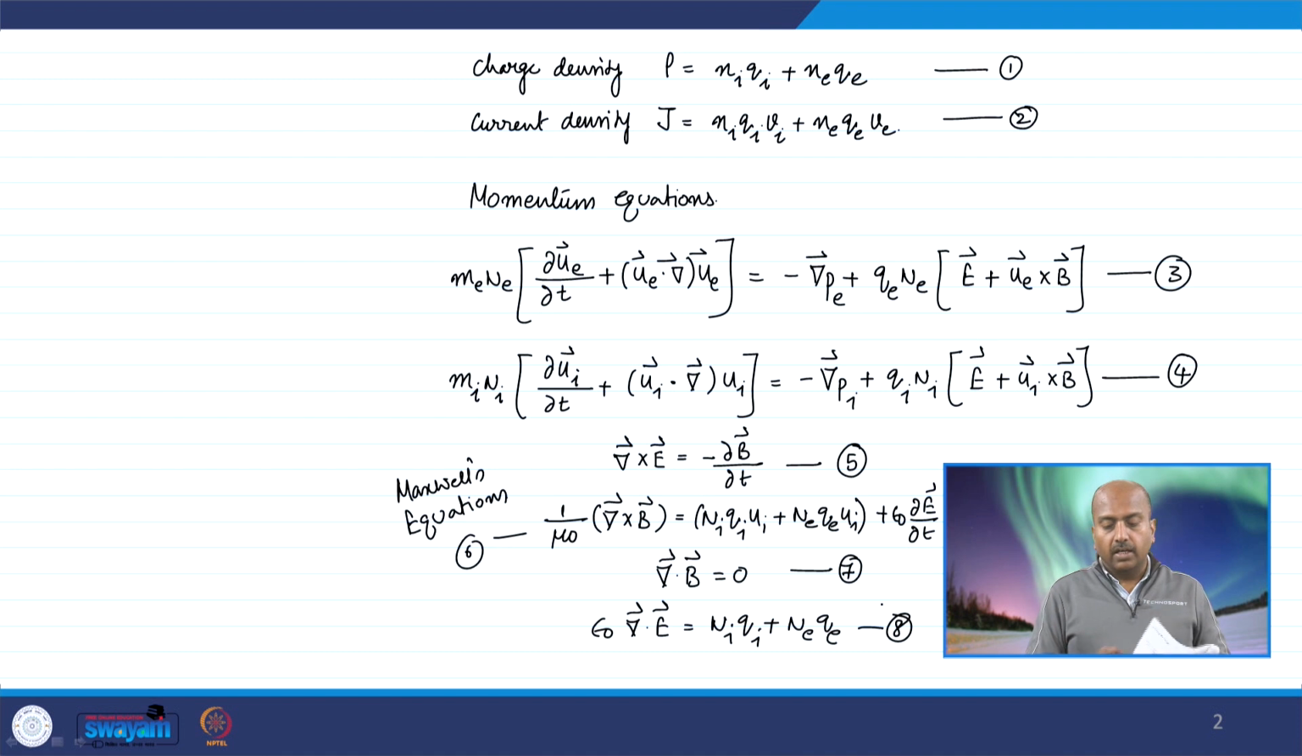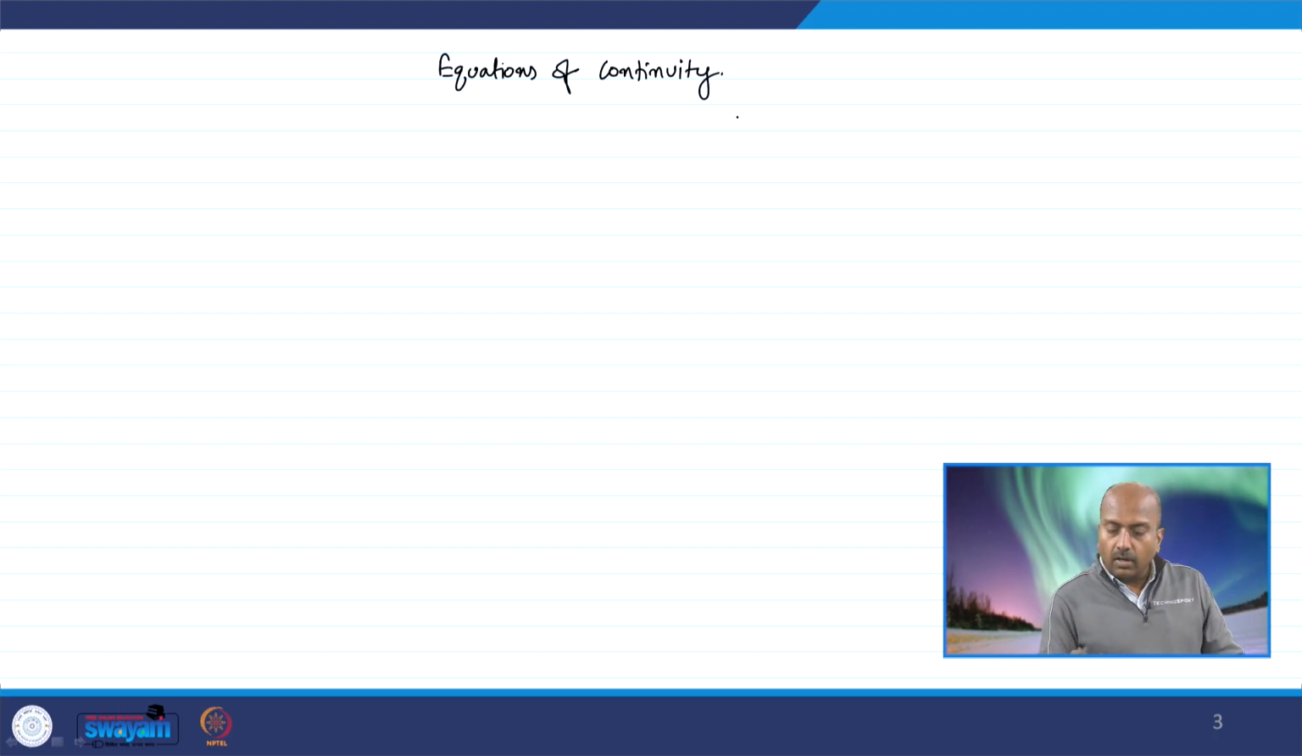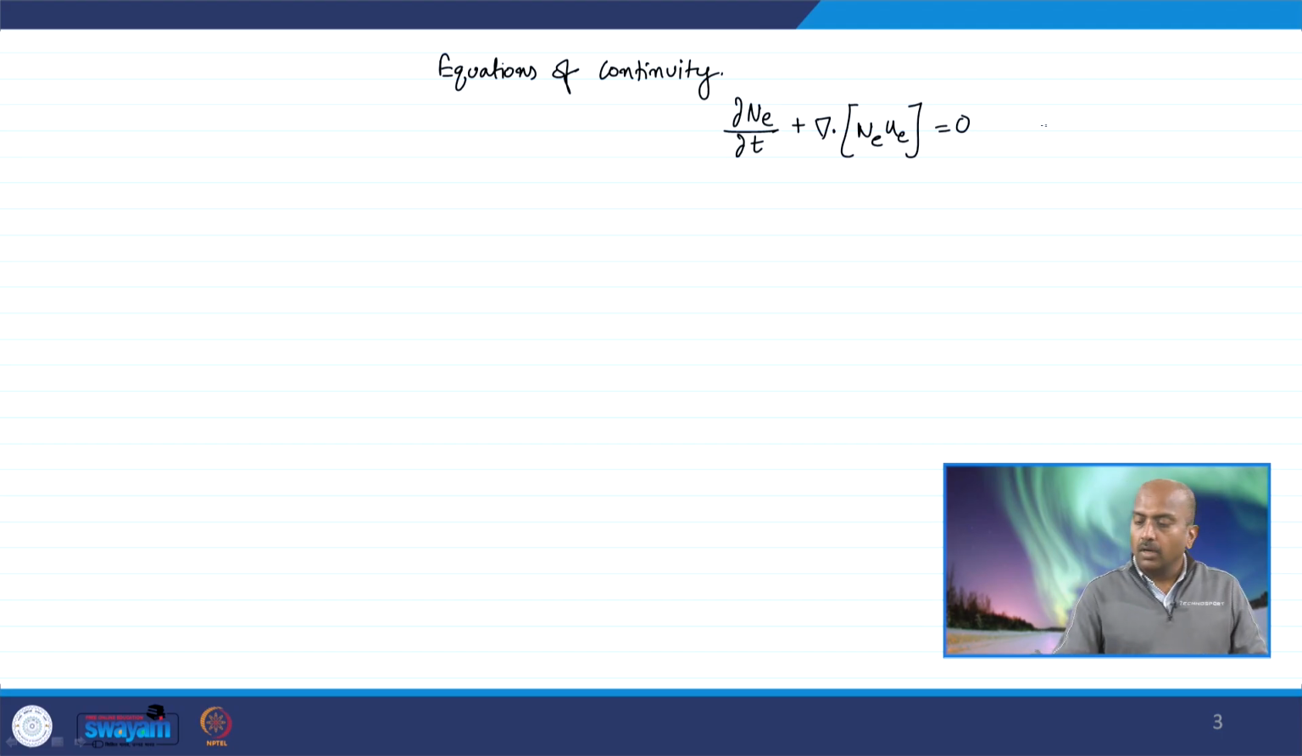So, what else would we need in addition to these equations? We would need the continuity equations, which are basically the conservation of mass. So, the equations of continuity, which are dou Ne by dou t plus del dot Ne ue is equal to 0. Let us say we call it equation number 9, and